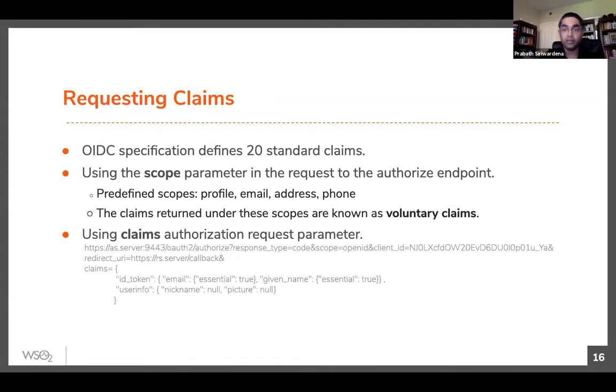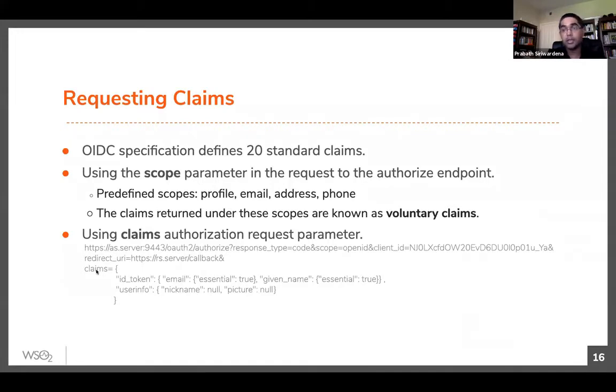Same for email, address, phone, like that. So if you want these attributes from the authorization endpoint in the ID token, you can send the scope value to the authorization endpoint, and these claims are known as voluntary claims. So this will be added into the ID token, and you can also get this from the user info endpoint as well.